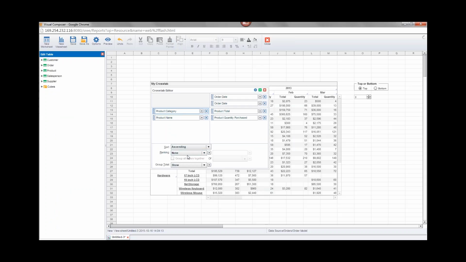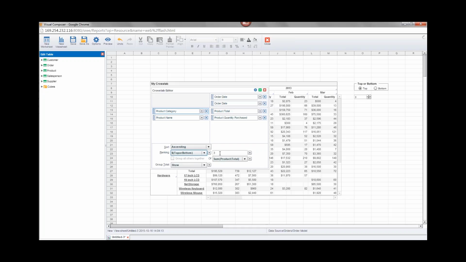And what I want to do is for this menu here, right? This can accept values of top or bottom. I don't want to select it here. Instead, I want to use this radio button to set it. So I would select the variable option here and choose from, there are 2 form elements in this dashboard, so I have to choose which one I want to control that property, and the one that's going to control it is the component that I named top or bottom, which is this radio button here. So the value the user selects there will set the value of this menu, which is either top or bottom. And then over here, where I would set the number of groups,